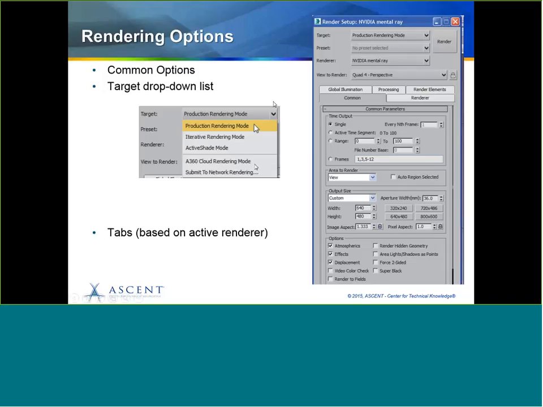So all these tabs, the target, the preset, the render, you can choose the render from here, and view to render, you can choose which viewport to render. You can choose all of them right here at the top of the render setup dialog box. This is the enhancement they have done to quickly and easily use those tools. You don't have to go into one of the tabs to find them. And then the other thing that has been enhanced, on the next slide,